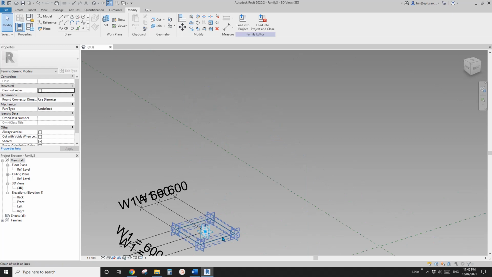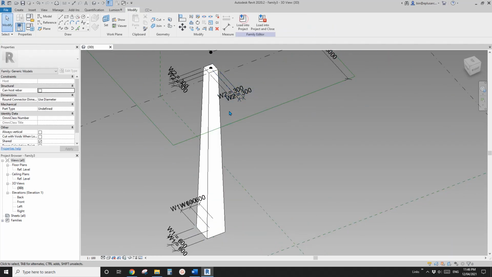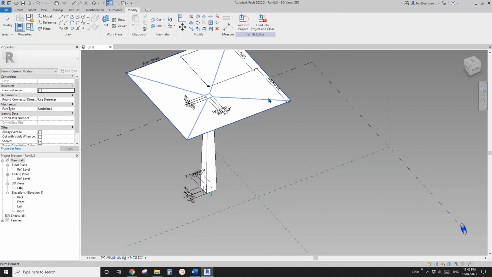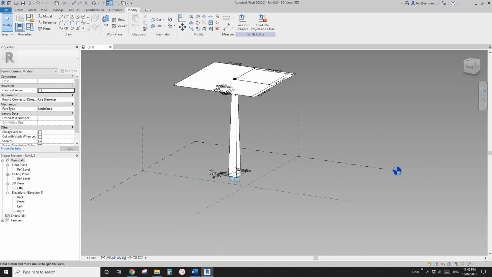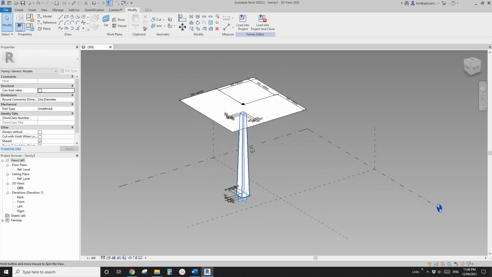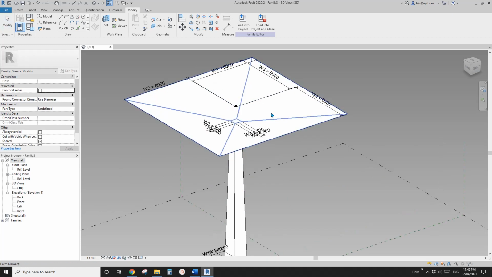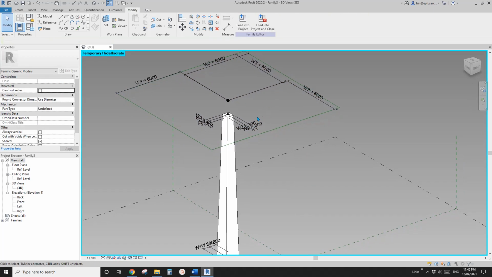You can select this one and this one, create form, and then select this one, create form. Okay, so this is it. And of course, if we want, let's try adding a little bit of slope too. We just need, let me think, we just need to